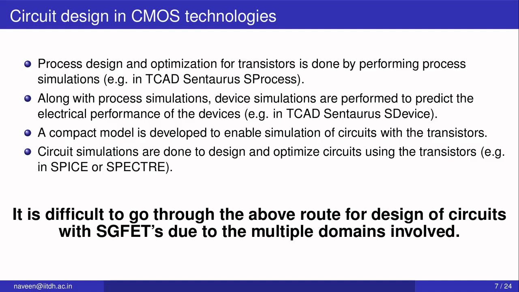And then after this compact model is ready, circuit designers then use this compact model to design and optimize circuits using these transistors. And then once the circuit design is done and the layout is done, this design is sent back to the foundry. Since the design is done on a compact model which has come from the TCAD of device simulation and has been validated with the unit transistors,